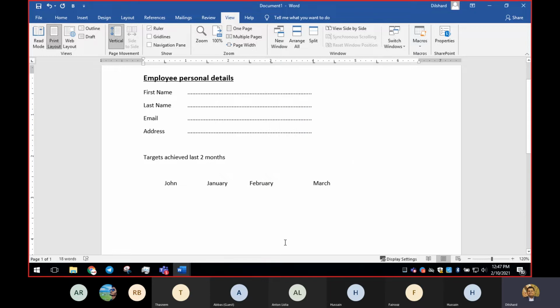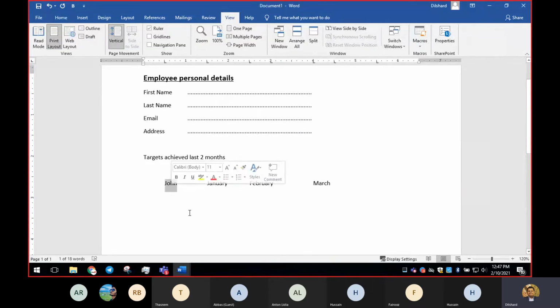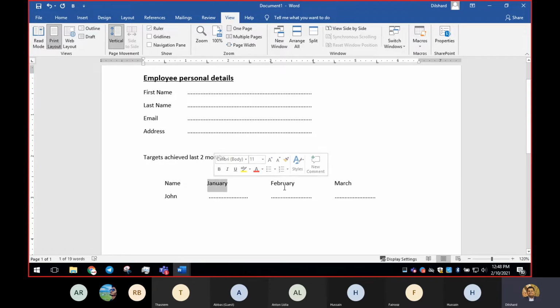Now when I click OK, and I'm going to type, sorry, this should be name, right? And here I'm going to type John and press tab. Whatever I did is wrong, because whatever I have enabled can be modified. What is the mistake that I did? I have entered the month in the wrong position. Now that is okay.